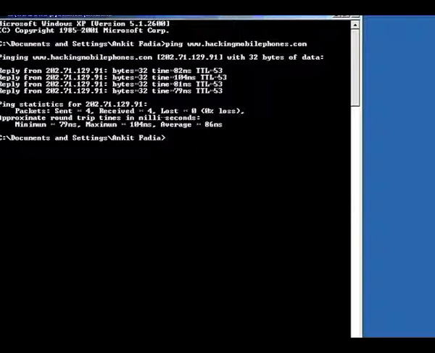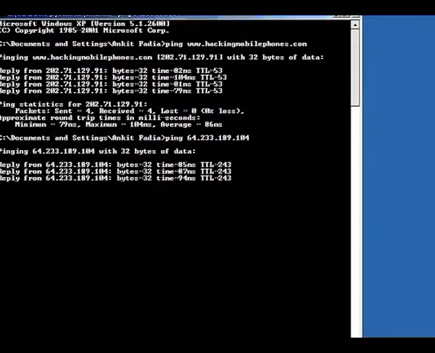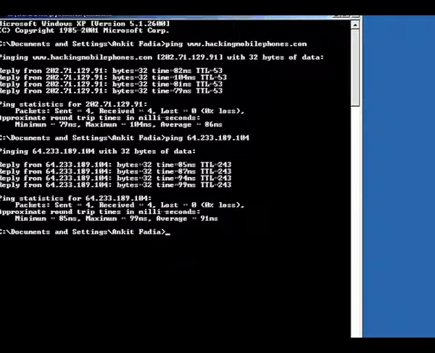Now instead of typing in a host name, it's also possible to type in an IP address. So let's try typing in an IP address that I can think of. I'll just type in a random IP address like 64.233.189.104. Press enter, and again the ping utility will start sending ICMP echo requests to the IP address that I just entered. If there is a response, that is, if the target IP is connected to the internet or is alive, then these 4 lines of output are displayed on the screen,